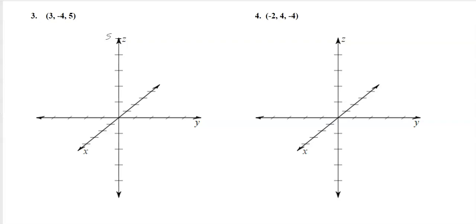And for this one, I'm going to need to go in the negative direction. So this is my x, this is my y, this is my z. So 3 positives, that's going to come at me. So I go on the x-axis to 3 positive. So there's that spot. Now I got to go 4 in the negative y. So 4 in the negative y from the origin is this way. So there's at negative 4. This was at 3, positive 3. And now we got to go 5 up. So 5 up is going to put me right up